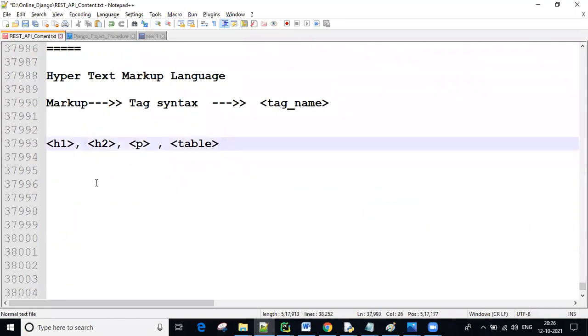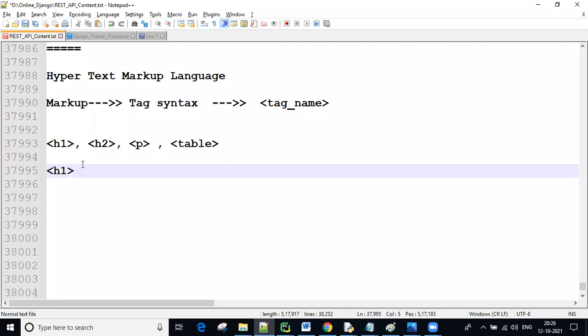Next, guys. In HTML, all the content, whatever you want to display, is by using the tag-based syntax. In between the tags, we are going to display whatever content you want to display on our application. For example, this is H1.